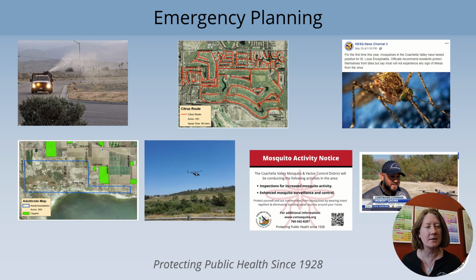During this time, virus level can increase, and we may be making additional responses. Typically, these are in the form of adult mosquito control activities. Depending on the neighborhood or area, we will make applications of adult mosquito control products in the evening or in the morning before sunrise. We make these by truck and by helicopter, depending on how much virus activity and mosquito activity is in the area. We also reach out to city, county, and community leaders directly to spread the word on how to help us reduce the mosquito population and how to prevent people from being bitten by mosquitoes. Public outreach shares this information by press releases, resulting in TV, radio, and newspaper stories.